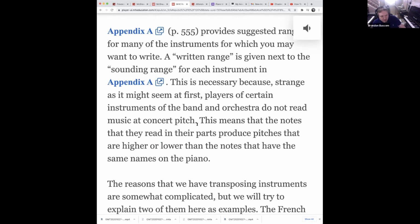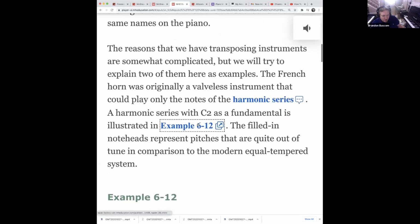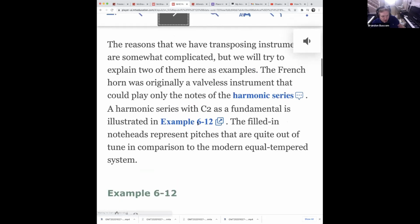This is necessary because, strange as it might seem at first, players of certain instruments of the band and orchestra do not read music at concert pitch. That's horrible. This means that the notes that they read in their parts produce pitches that are higher or lower than the notes that have the same names on the piano. The reasons that we have transposing instruments are somewhat complicated, but we will try to explain two of them here